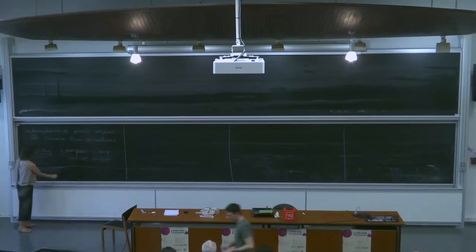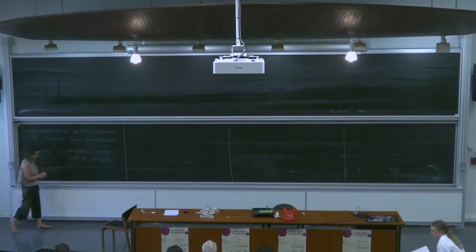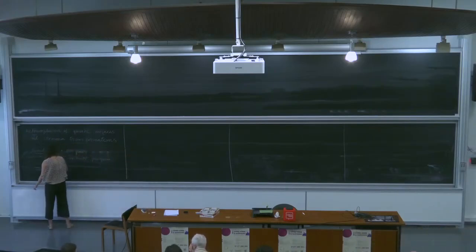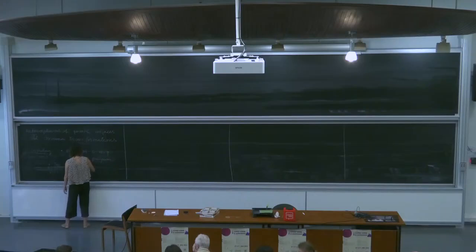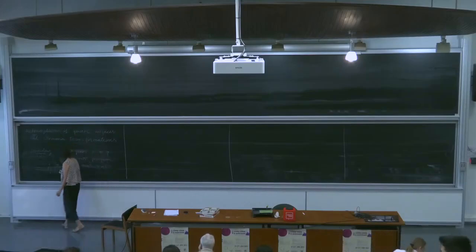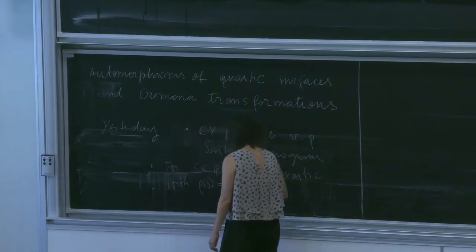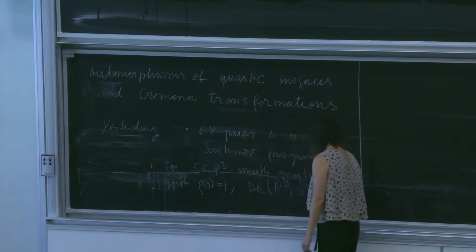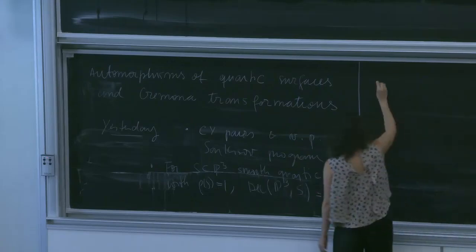So I explained those tools, and then with this, we studied the decomposition group of a quartic with Picard rank 1. So we showed that for S, a smooth quartic with Picard rank 1, the decomposition group, so this is the group of Cremona transformations that stabilize the quartic, is trivial. So this is what we did yesterday, and then today